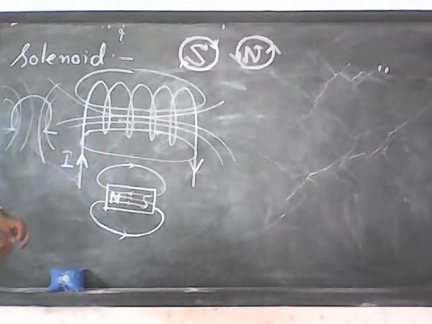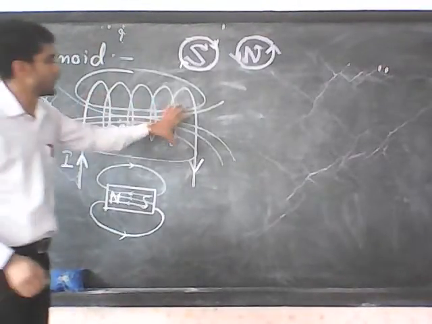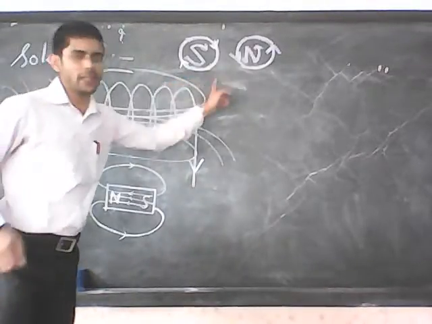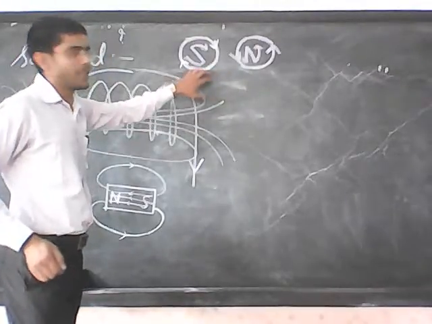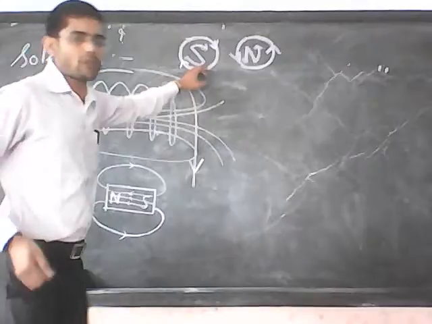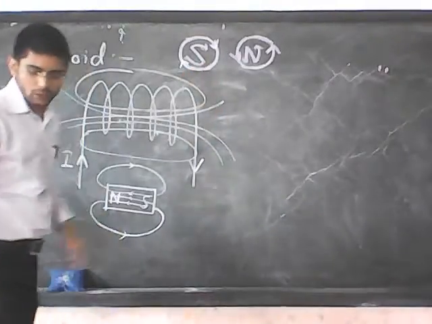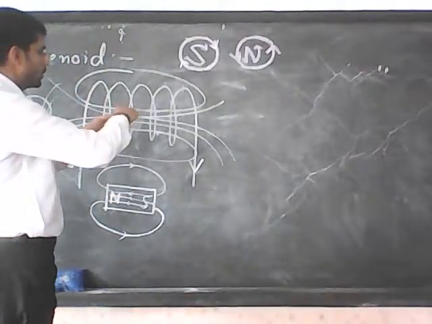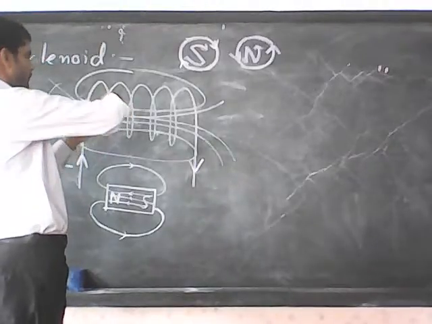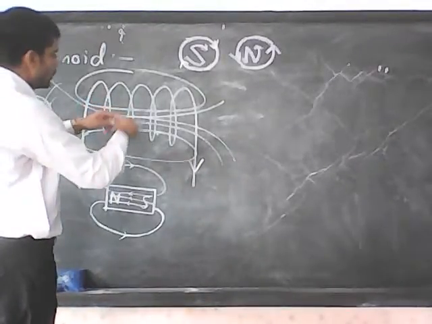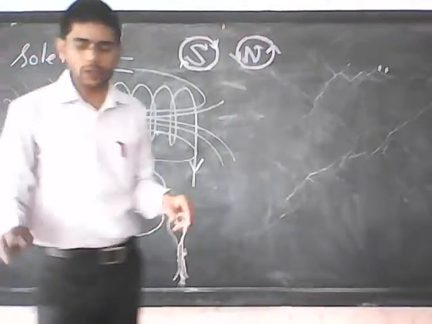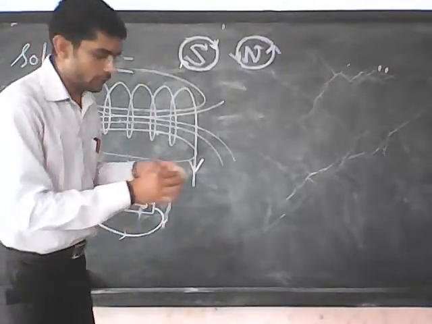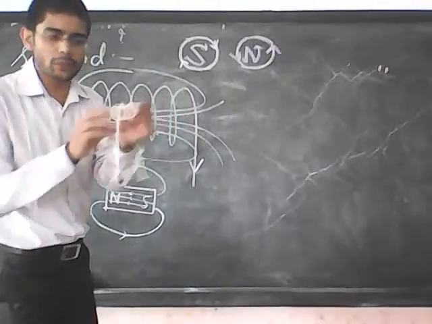Now the main thing is which will be the north pole, this side or this side? What will be the direction of magnetic field line? How can we say? We can decide by these two. If it is anti-clockwise, it will be north. If it is clockwise, it will be the south pole. Now we can observe this wire practically. Suppose I am keeping this wire like this. Because this board is in two dimensions, we cannot find out exactly. Now here we will try to observe this wire.